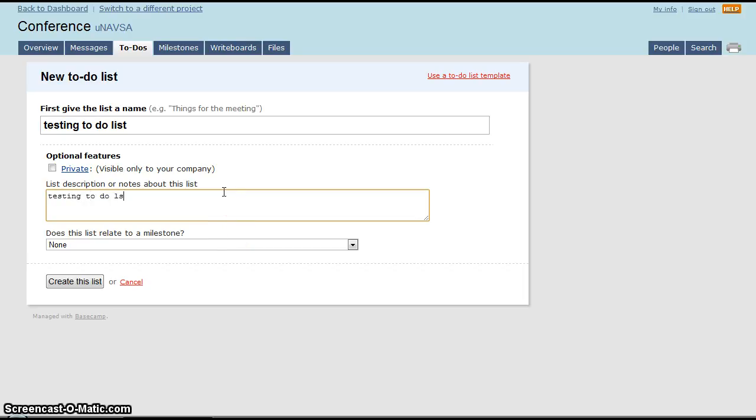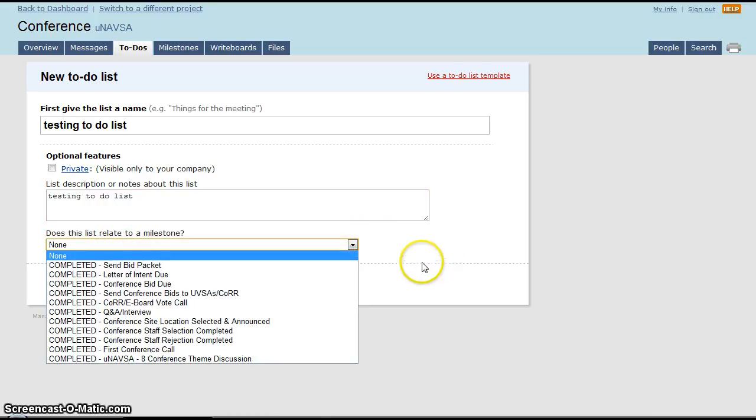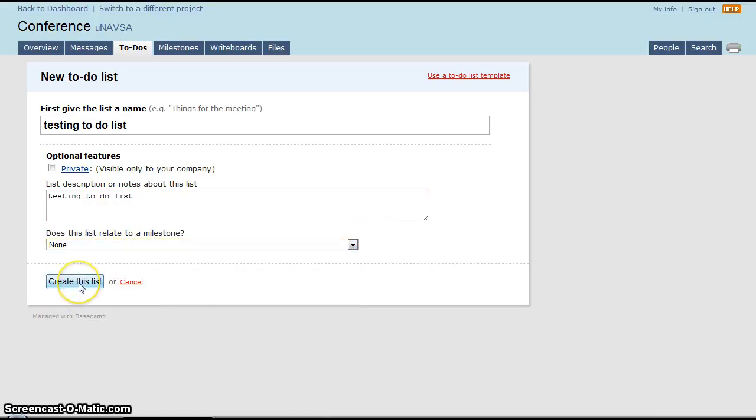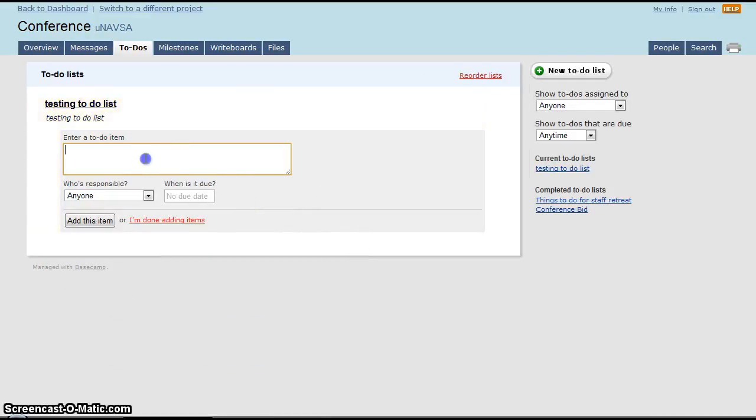Testing to-do list. Does it relate to a milestone? No, not yet. Create this list. Alright, so now it takes you to enter a to-do item. You will enter an item,